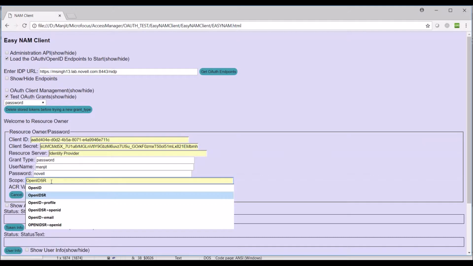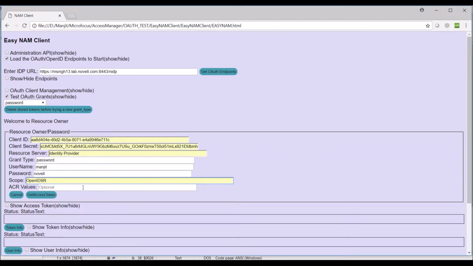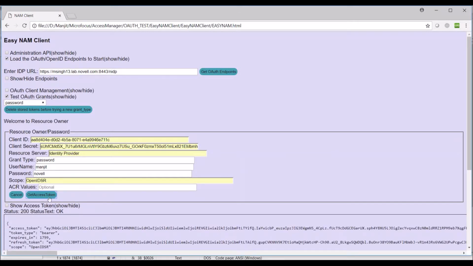So I'm going to select the OpenID SR. SEL is again optional. And then I will click on get access token. Now when I click on get access token, it is different from the implicit and the authorization code flow. It will not open a new window for the authentication because we are giving the user and password in the form itself. So I will click get access token,